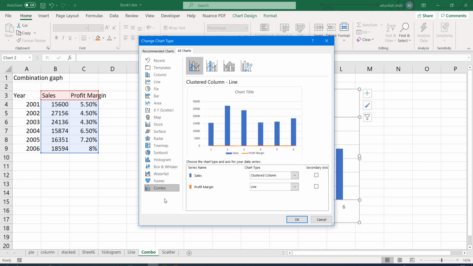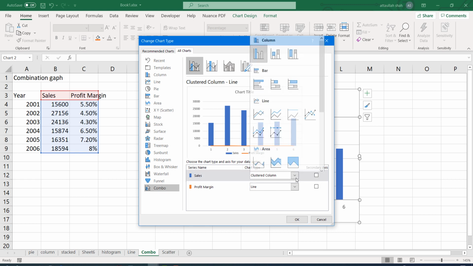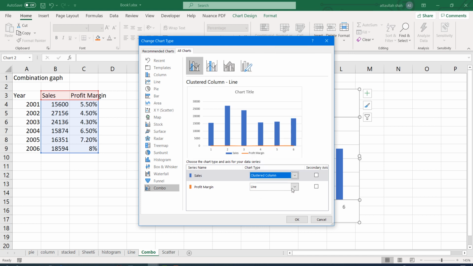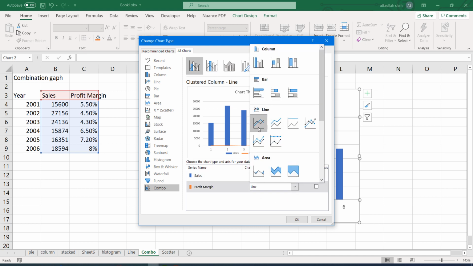Excel is clever enough to pick what specific series should be put where, but if it is not the case, you can change the chart type here. So for the sales, we would like to have columns, and for the profit margin we would like to have line.